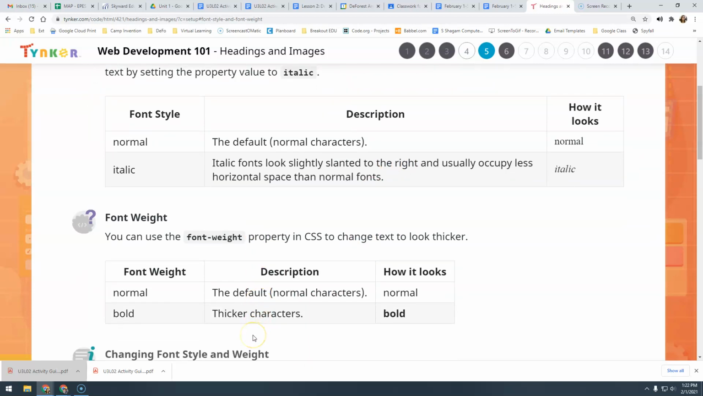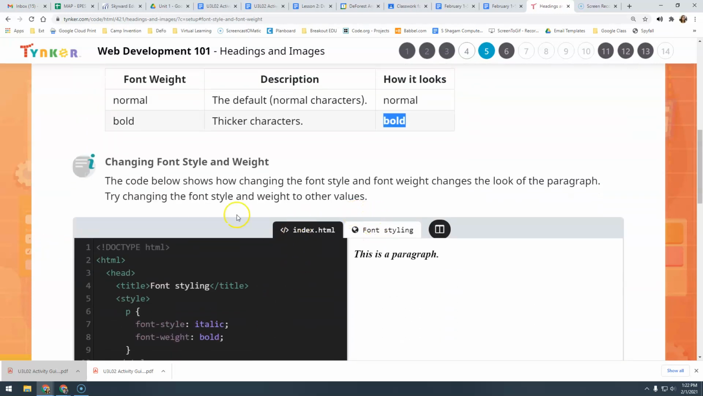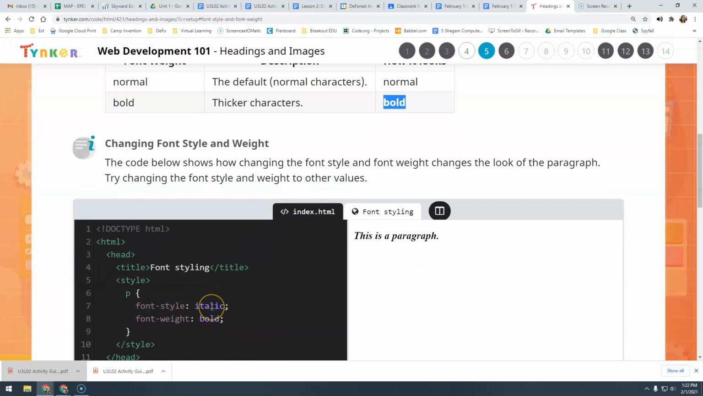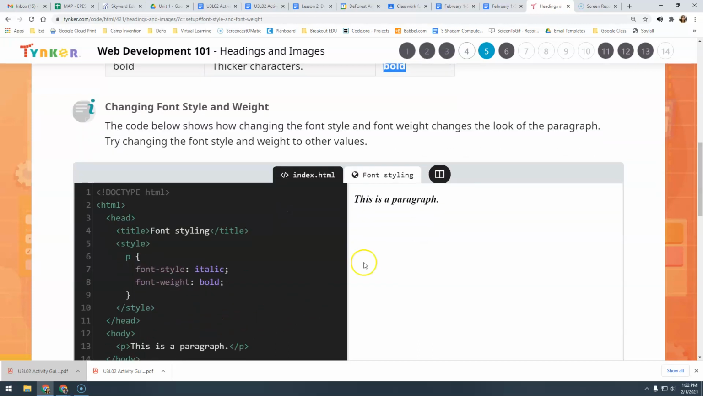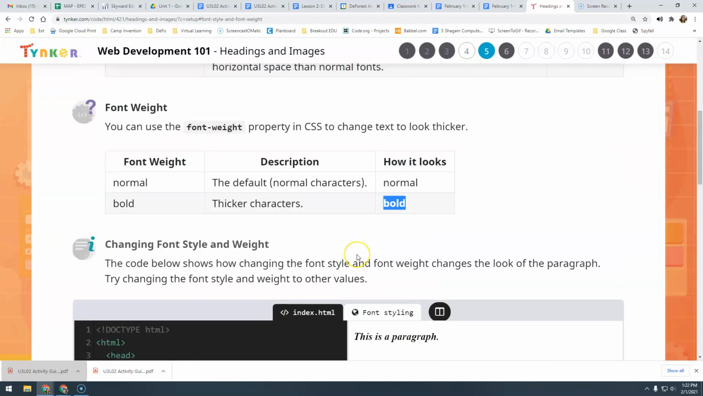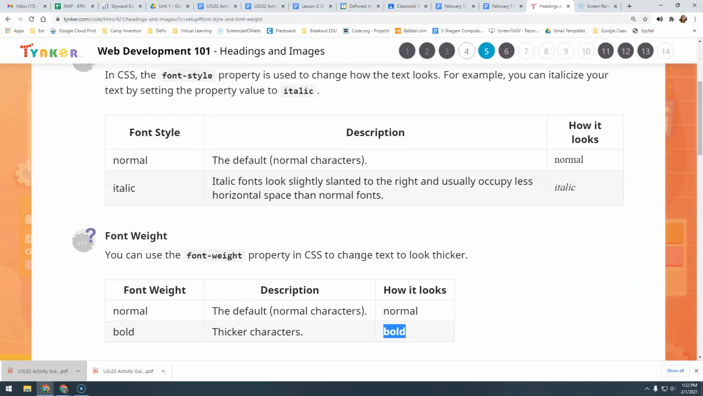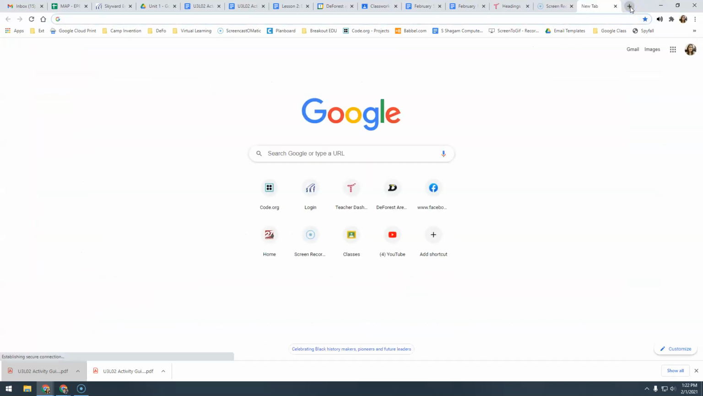And then for font weight, we can use bold to make things look thicker. So the code here changes the font style to italic and the font weight to bold. So this is a bold italic paragraph. It says try changing the font style and weight to other values. Well, they didn't give you any other values to look at, but I can tell you if we look it up,